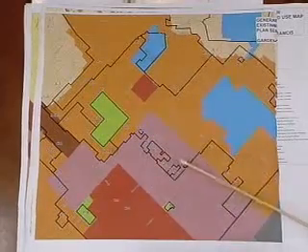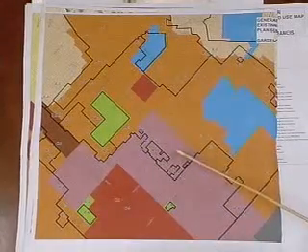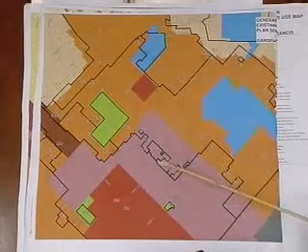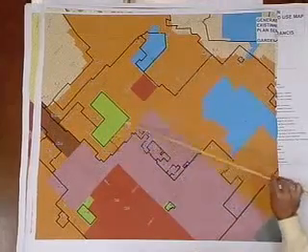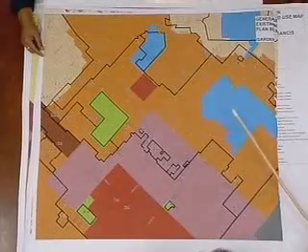The second part of this map is a layer that we've superimposed onto the existing land use map, and it shows these black lines here. It shows our zoning districts. And you can even here begin to see some of these inconsistencies that we have between our land use designations